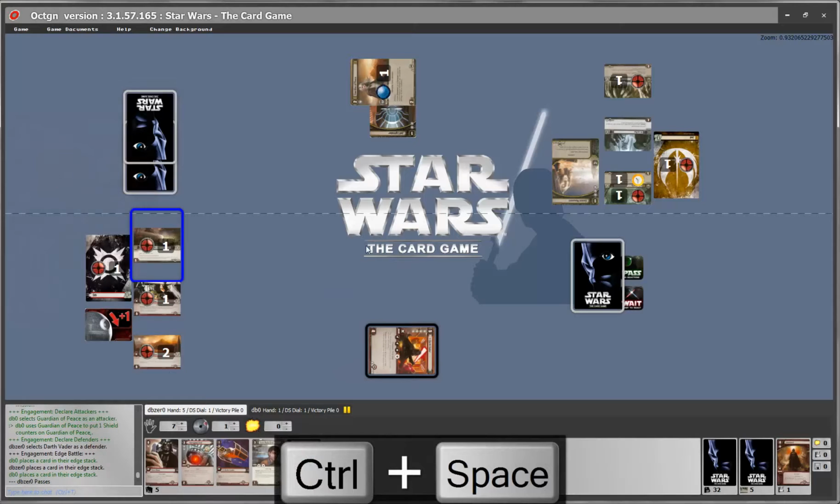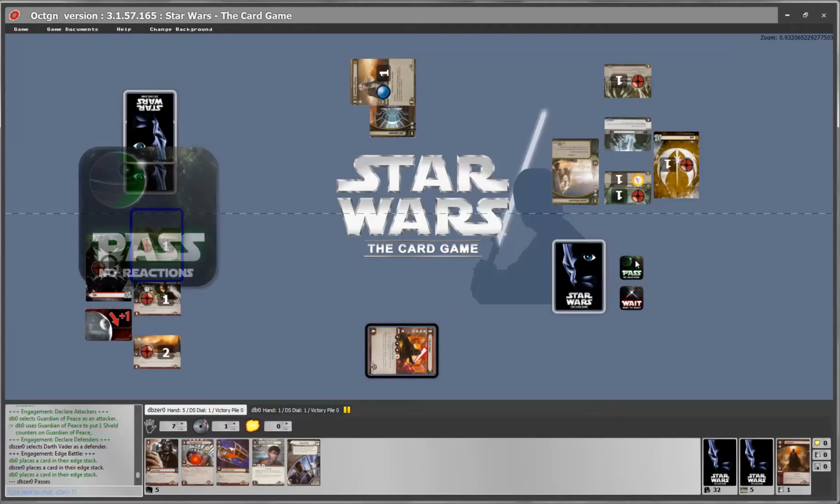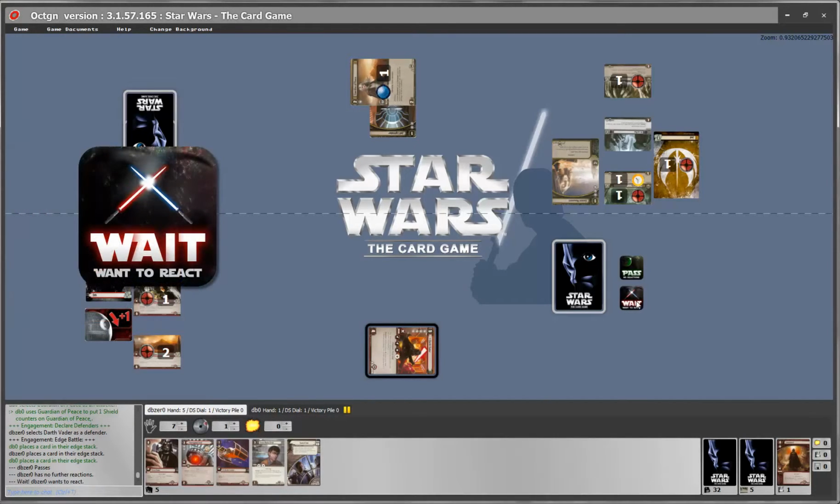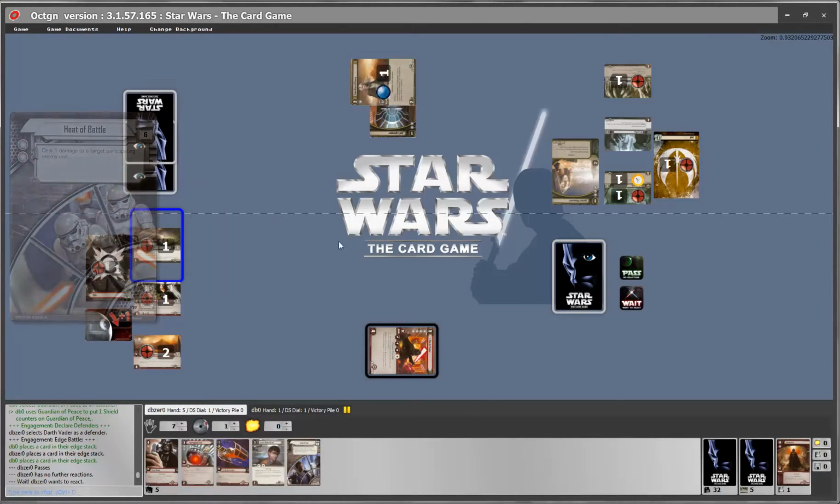To pass, you can either use the announcements, which is Control Space, or you can use the buttons on the side. You can use the pass, which means you have no further reactions, and the way to want to react, you can use it when there's an appropriate reaction window in the phase. In this case, the Darkseid player thinks there's no other reason, so he's just going to pass.